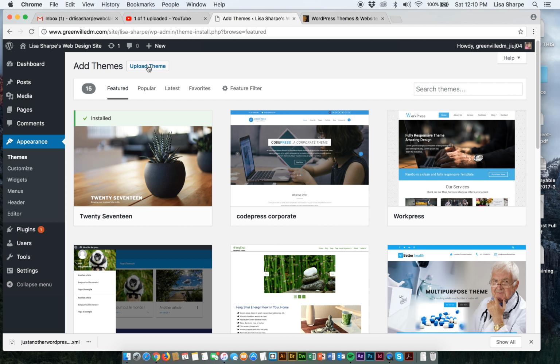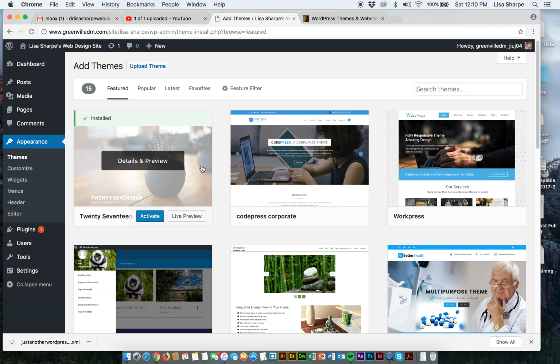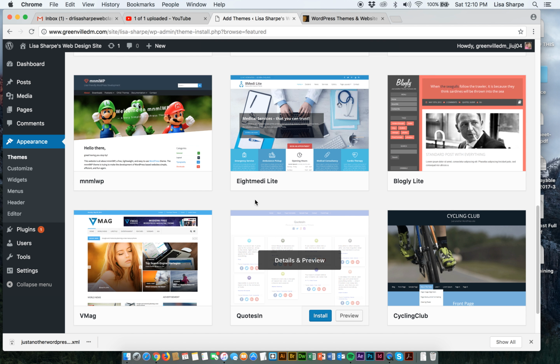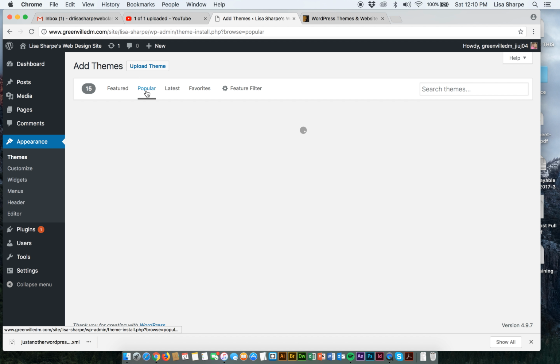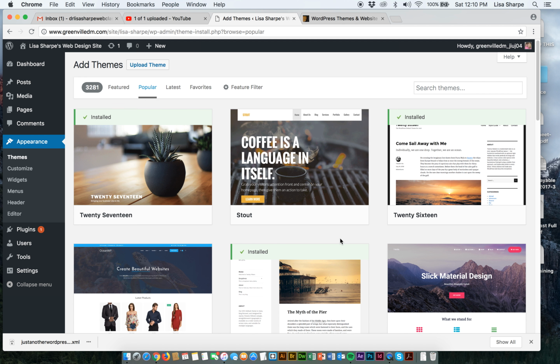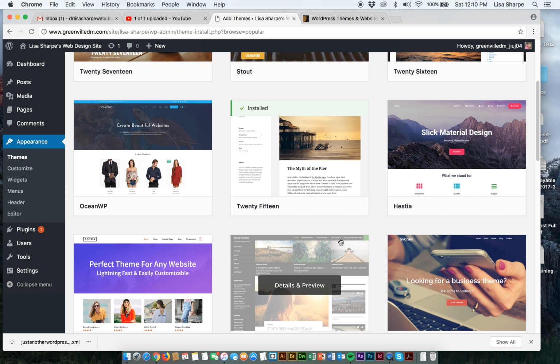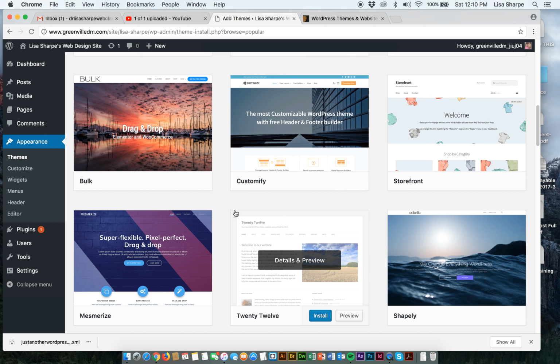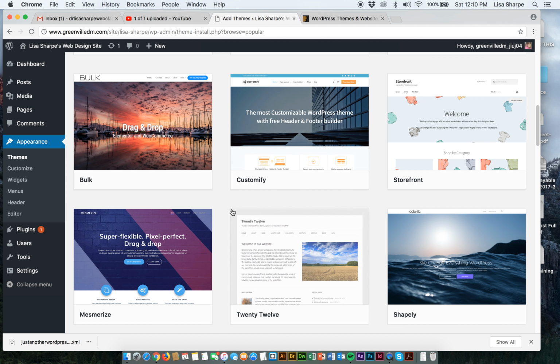So here is the deal. You need to look at functionality first when you're choosing a theme. And to do that, you can see here there are literally just tons and tons of themes. And these are some of the featured themes. Here are the most popular themes on WordPress. And you can actually get away with some pretty great stuff with a free